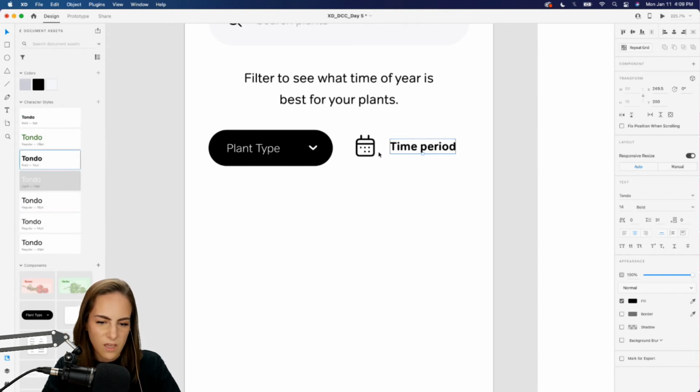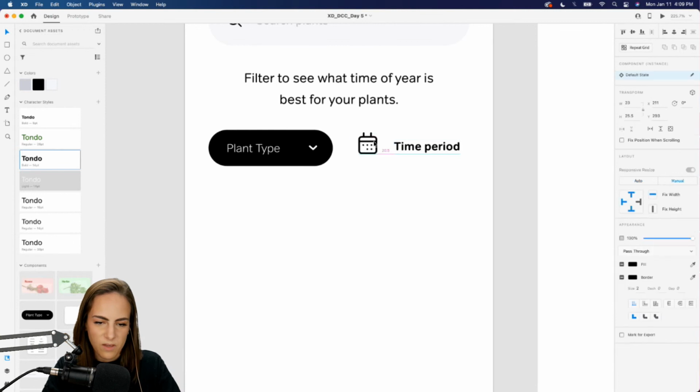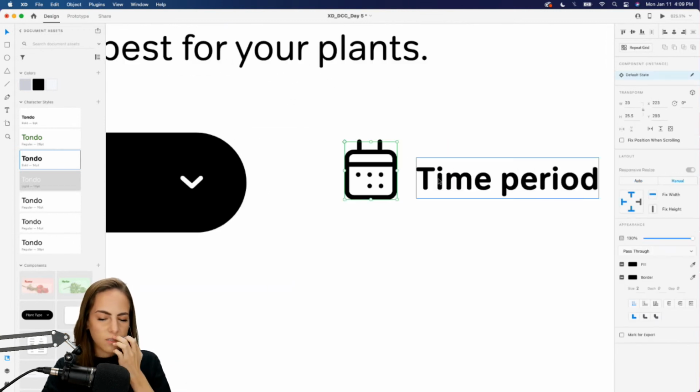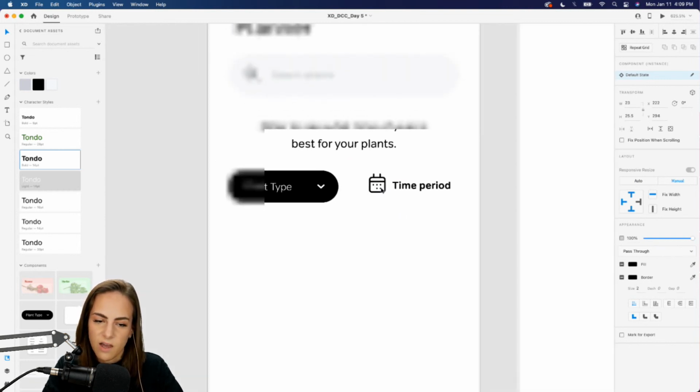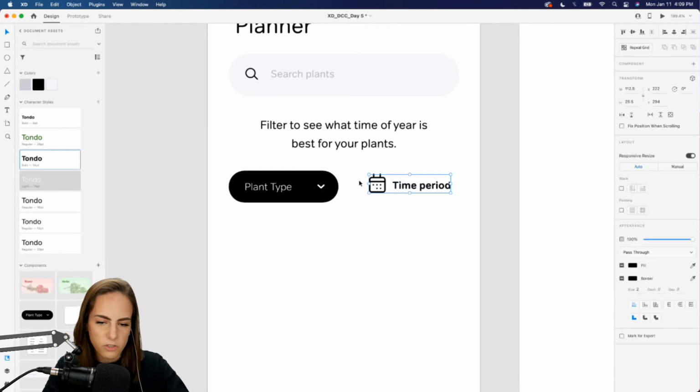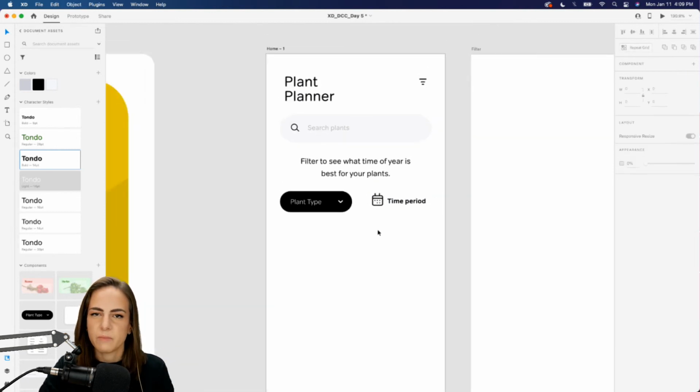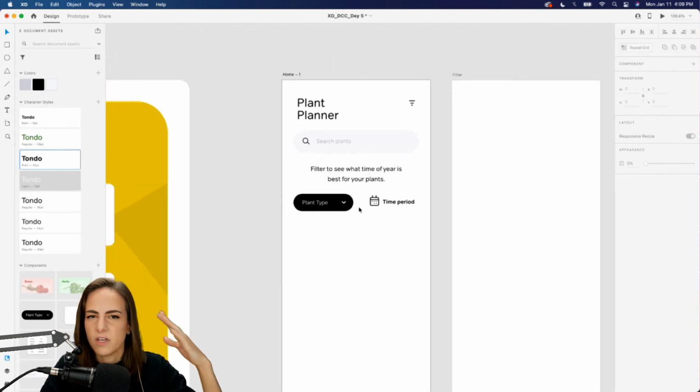Just making sure the thickness of this drop down text is going to be kind of the same thickness as this icon right there. So let's group those two together. And just for some contrast, I'm keeping the plant type drop down with the black background, and the time period I am not. Because if we had two black huge CTA buttons, it's a little bit much and it kind of divides the